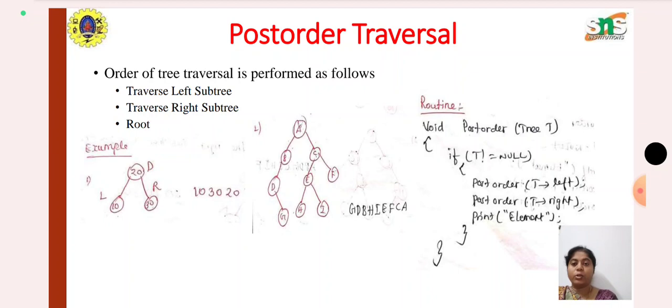And the post-order routine will be the same. First we recursively call the left side of the post-order and the right side of the post-order, and then the element. So these are the three types